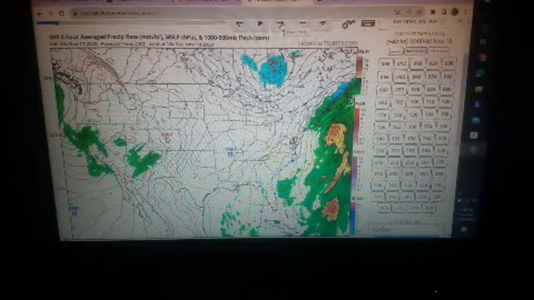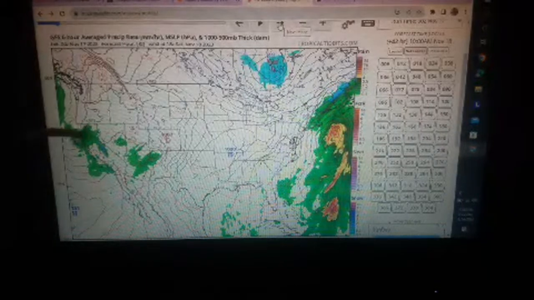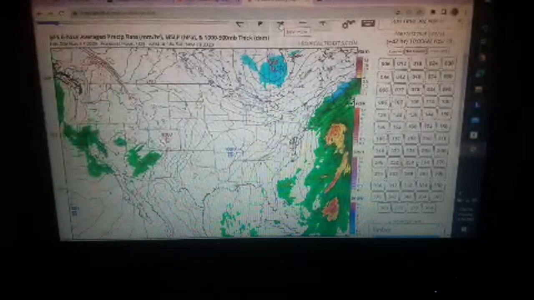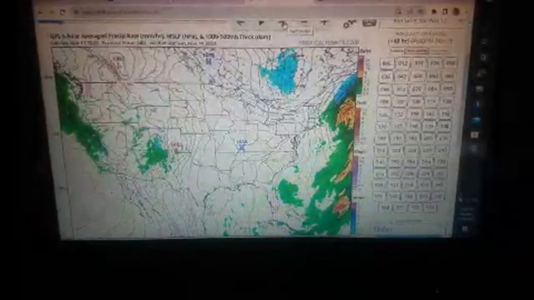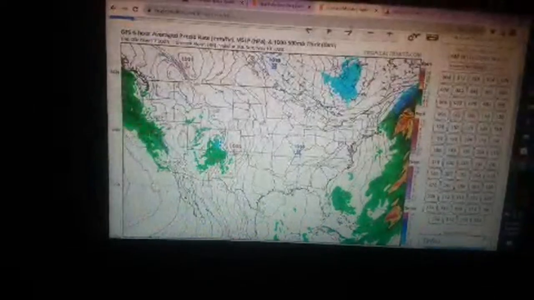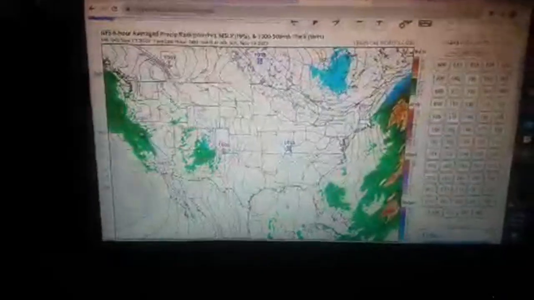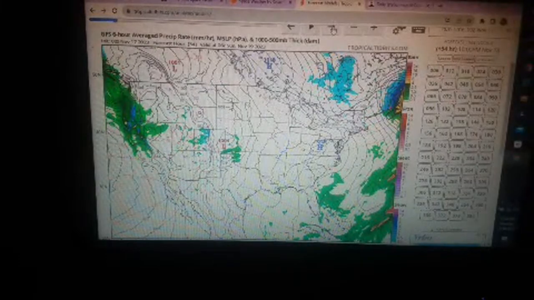That's the noontime right there, the 18th. This is when we're going to have potential energy coming in. So this storm here on the Pacific might have a little bit more punch added to it. We need to pull over this one a little bit so you guys can see this West Coast as well. All right, so this is the time frame right here where we should be getting some added energy. This is the end of convection right here. They're showing severe weather in the Northern California area as this storm makes landfall there. And then as we continue on here,